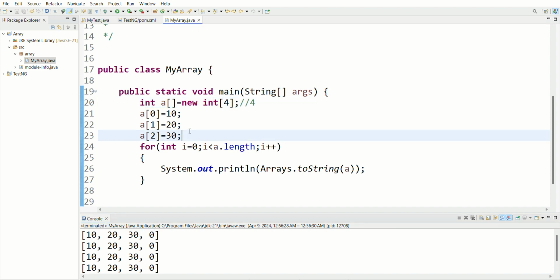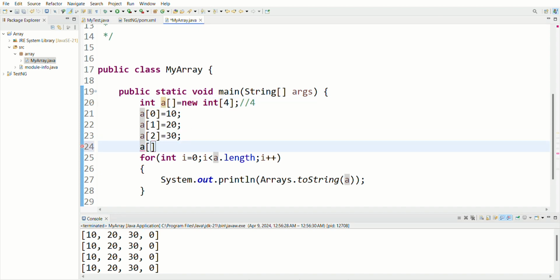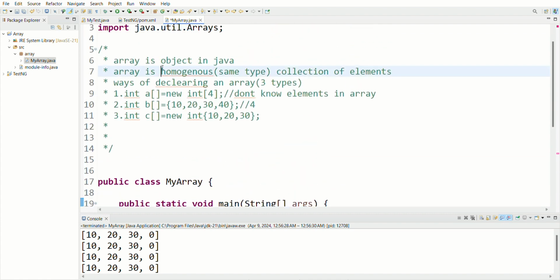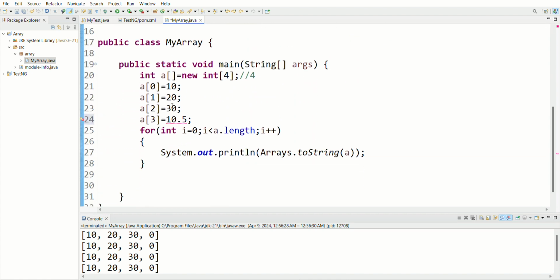Got it? Now, as I have told you, an array contains homogeneous types of elements. If I try to insert 10.5 here, it will give a compilation error. Why? Because the array contains only homogeneous, same type elements. It means we compulsorily need to insert homogeneous elements.